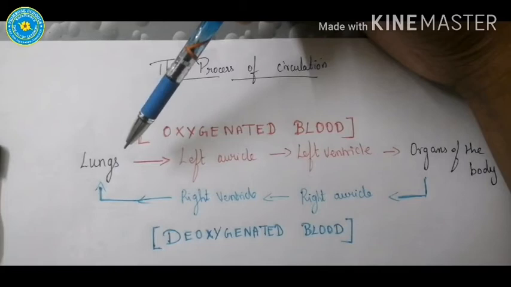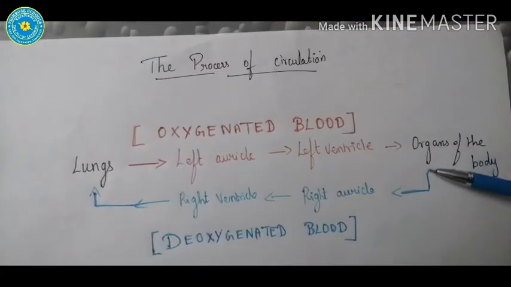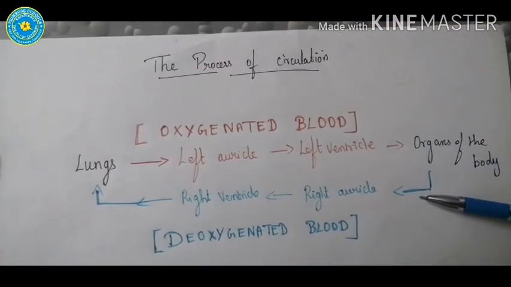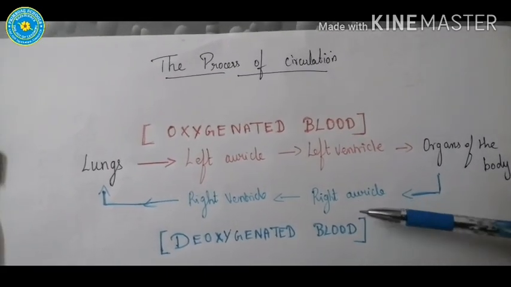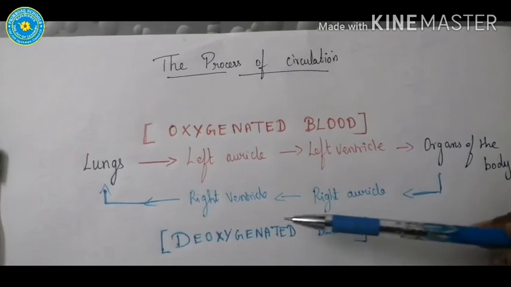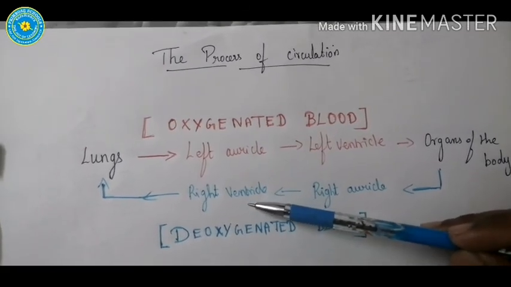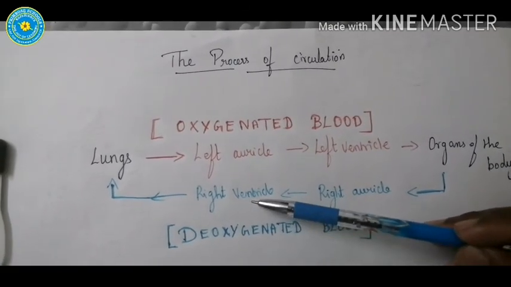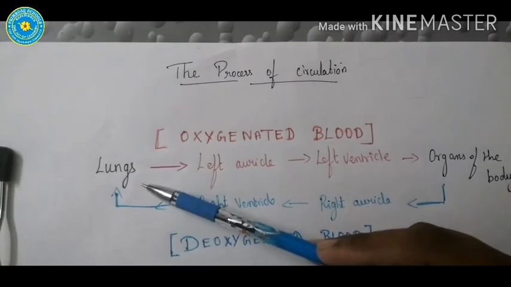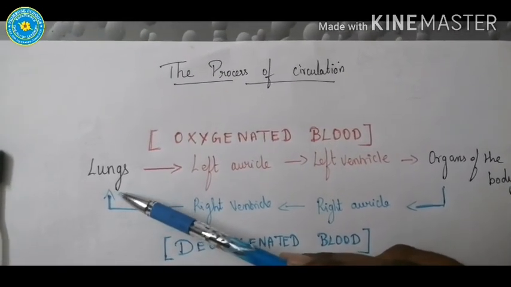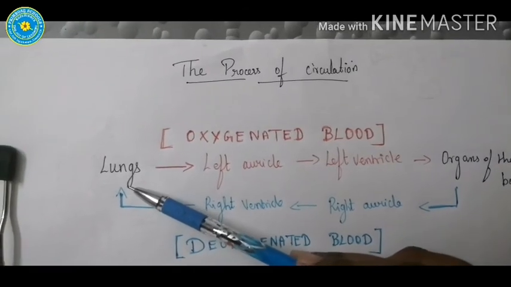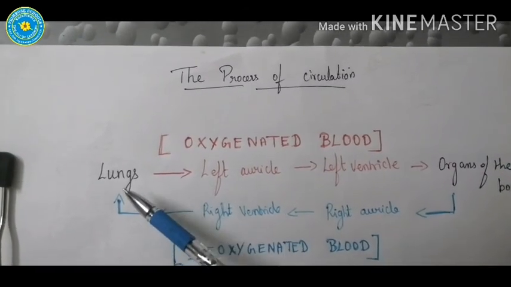The deoxygenated blood travels from the organs of the body to the right auricle of the heart. From the right auricle, it travels to the right ventricle of the heart. And from the right ventricle, it travels back to the lungs for purification. The lungs purify the blood, and from the lungs, it again travels to